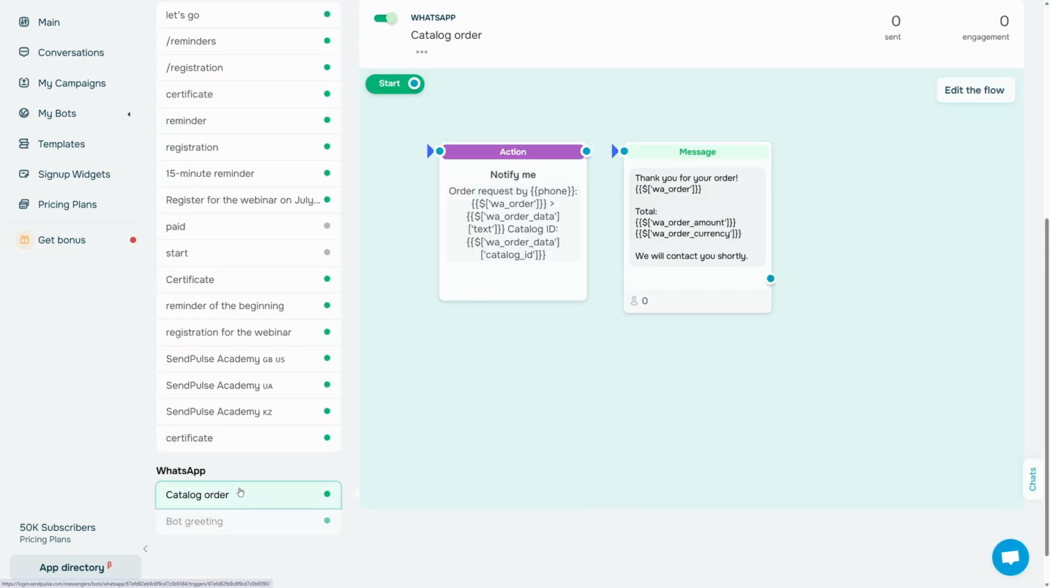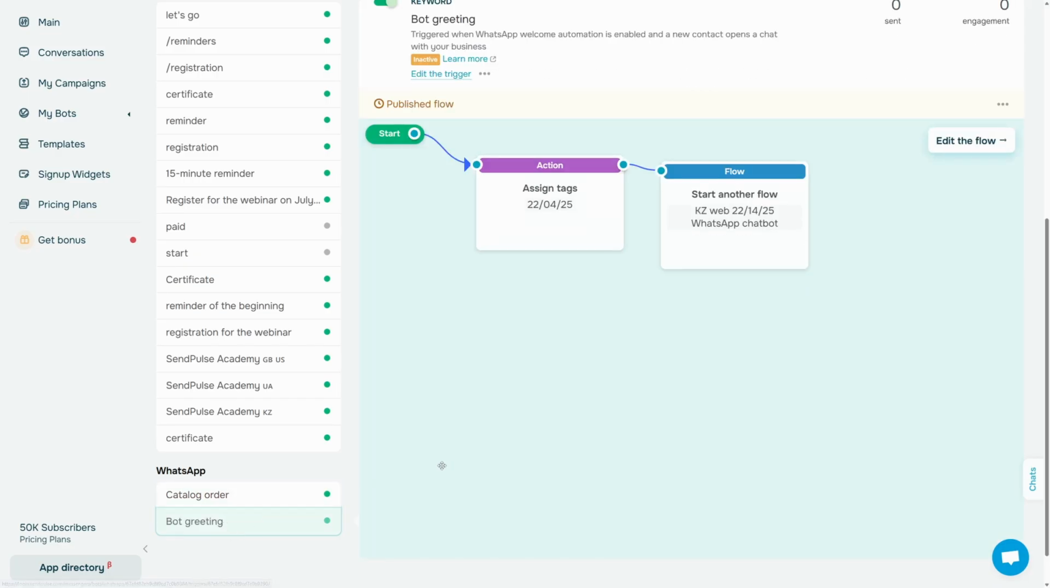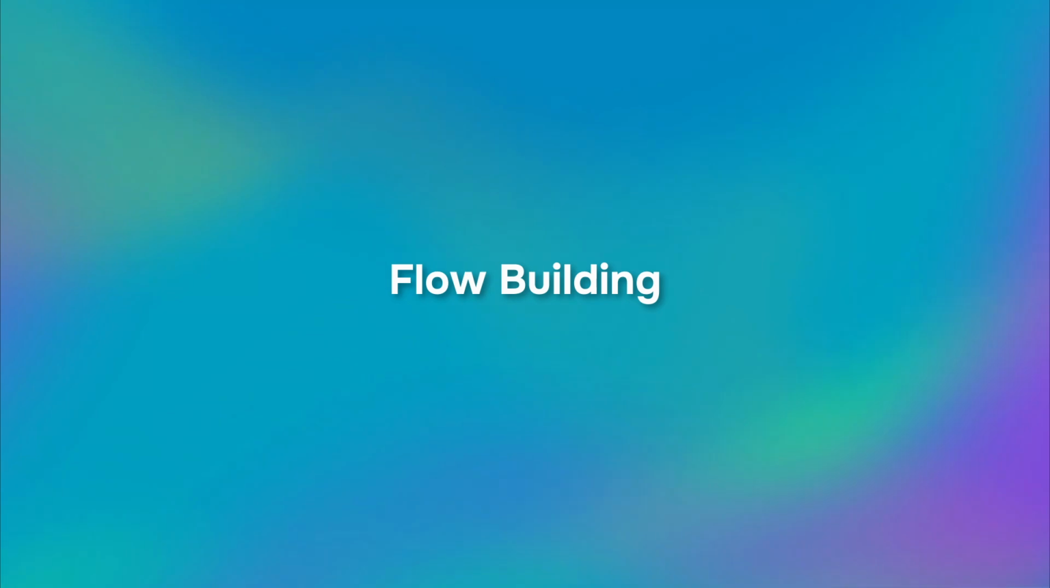Catalog Order. This flow starts when you receive an order from the product catalog if you have created it in the Facebook Commerce Manager. Bot Greeting. This flow starts when a user first interacts with your chatbot. It's important to think about the architecture and logic structure of your bot carefully. A well-designed bot will let users easily get a reply to their questions or place an order successfully by providing